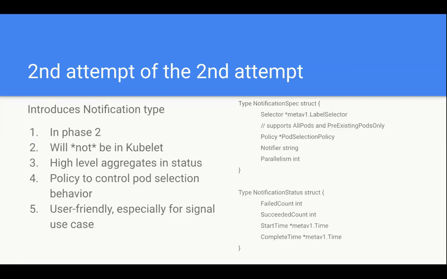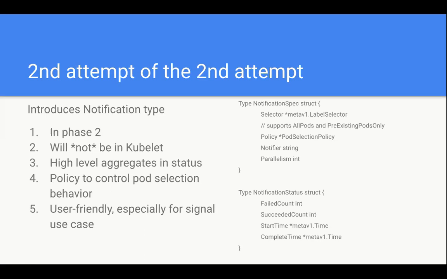Then on top of that, you have this notification spec, which again also has a selector. Majorly, this is for user-friendly cases, especially for signals. You don't want to manually send every single signal to every single pod using the pod notification defined above. That is not going to scale. And also high-level controllers may utilize this one. But on top of that, we add two things majorly.